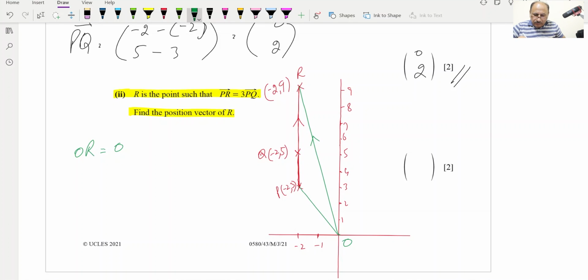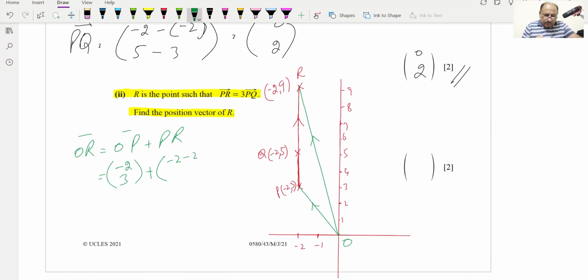So OP will be this vector. So OP plus PR, not PQ. So we can write OP is what? OP is -2 and 3, and plus PR is R minus P. For the x value, -2 minus -2,